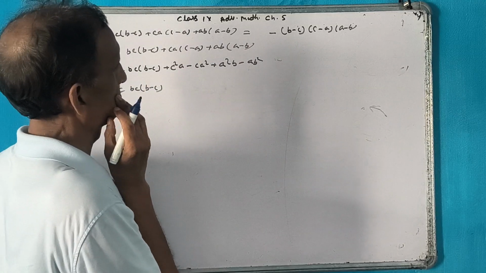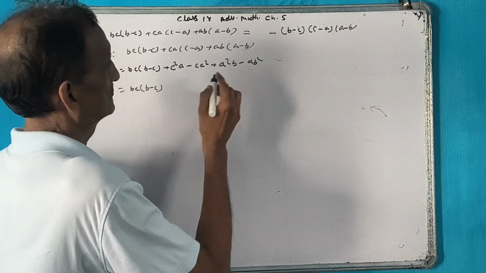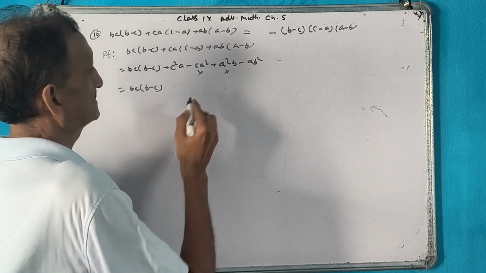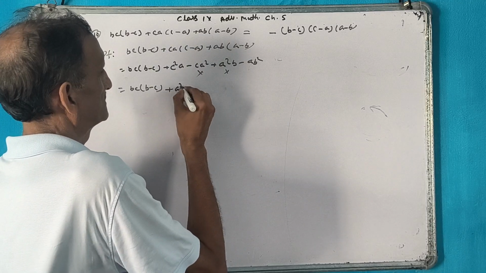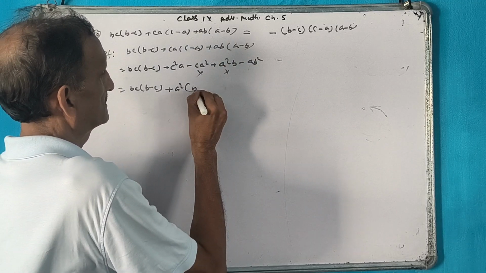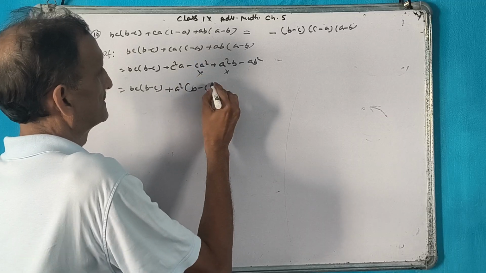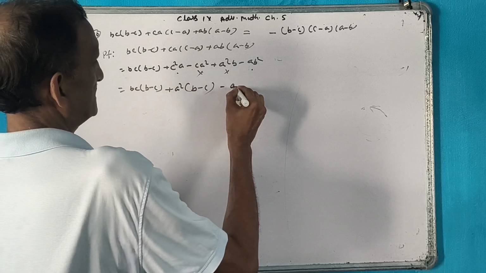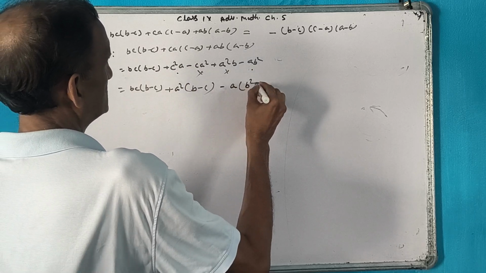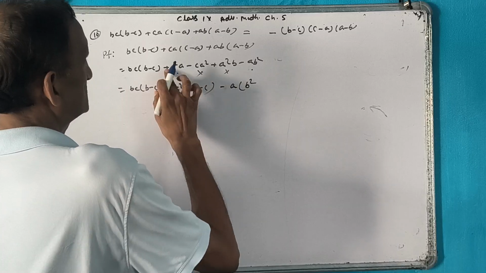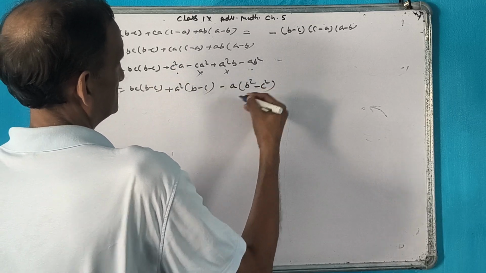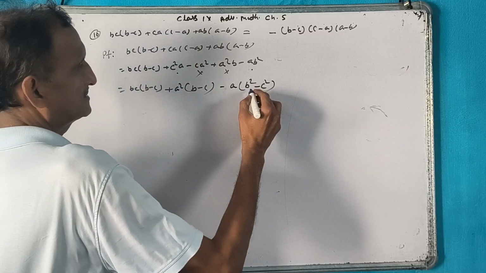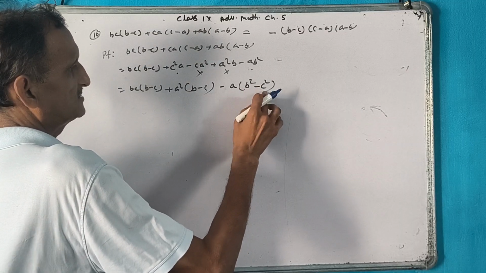Now you take common. So where will take common? Can you see here? A square is common. Anywhere you can start. Plus A square you will take common. What you will get here? B and here minus C. Okay. From these two, minus A is common. What will get? B A square. Then we will take minus common, sign will change. B square minus C square, you know, B plus C into B minus C.